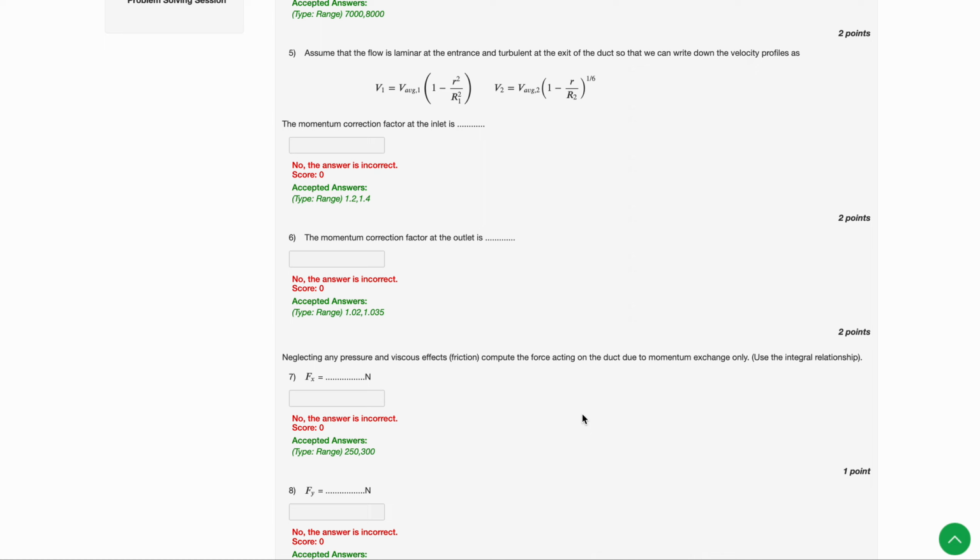So this term is 0 because of steady state. Fine. So what I have is that the rate of change of momentum of the system is equal to the integral